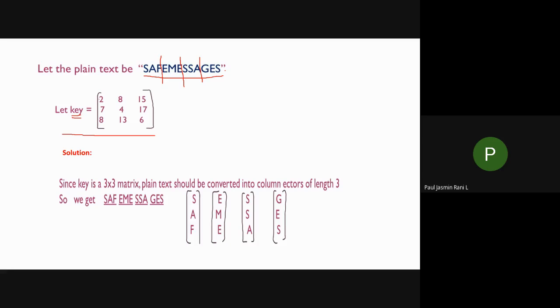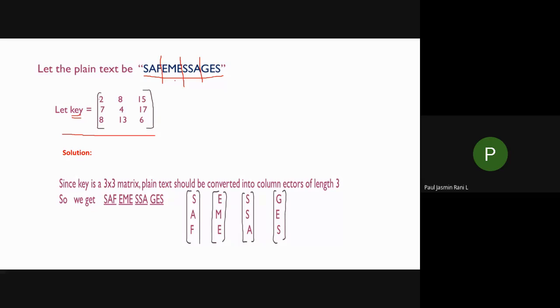Suppose you have extra alphabets, then those should be filled by using X. Why do we use X? Because this is an alphabet whose frequency in the text is very low, the minimum. Therefore we use X over there. So your first step is over.